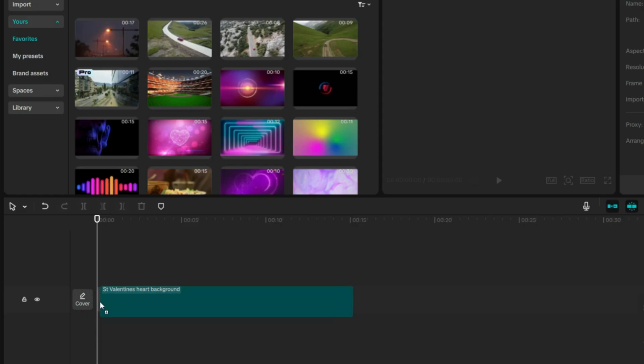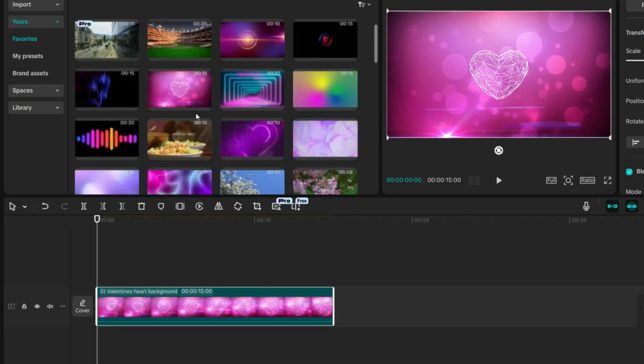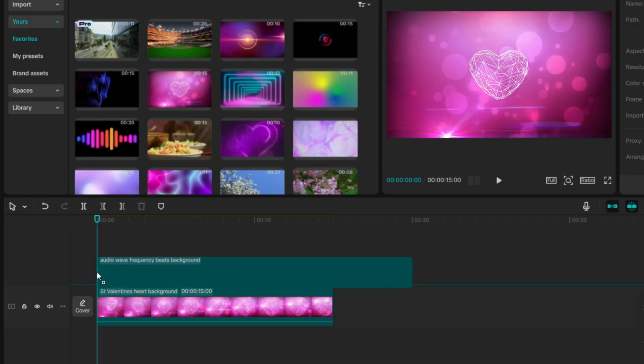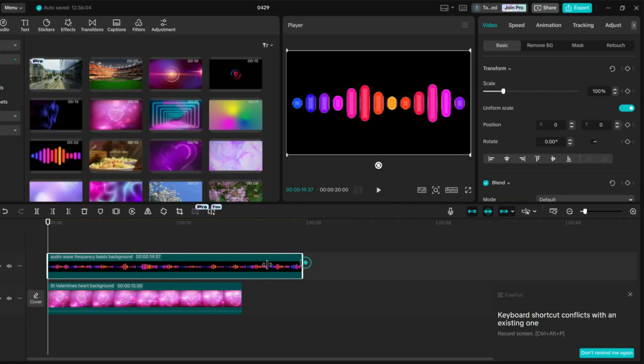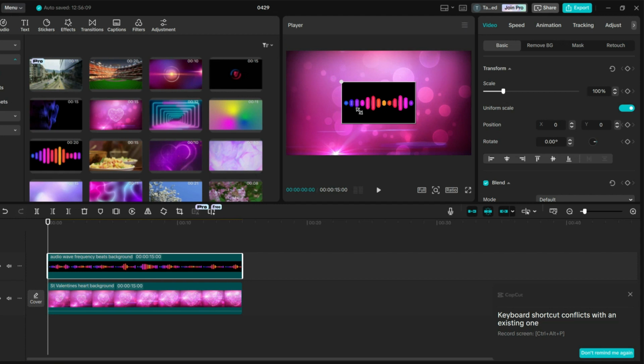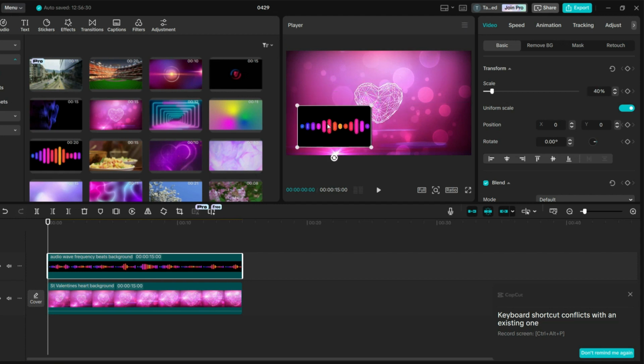This is your main media, and then drag the overlay onto the main media. Adjust the size. After that, you can adjust the overlay on the screen wherever you want. You can even rotate the overlay,